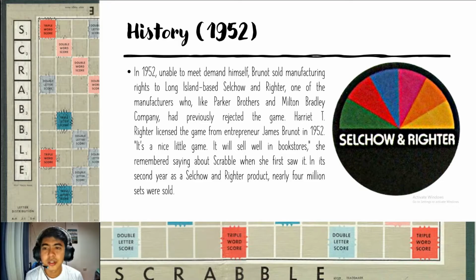So, let's go to 1952. So, yun nga, kay Jack Straus. Pero ito, merong company na involved. In 1952, unable to meet demand himself, Bruno sold manufacturing rights to Long Island-based Selchow and Righter, one of the manufacturers who, like Parker Brothers and Milton Bradley Company, had previously rejected the game. So, nung una ni-reject nila, pero nung na-offer ulit sa kanila, si Selchow and Righter lang yung